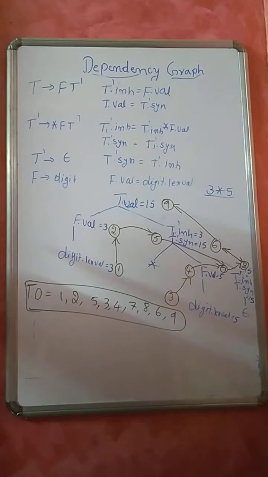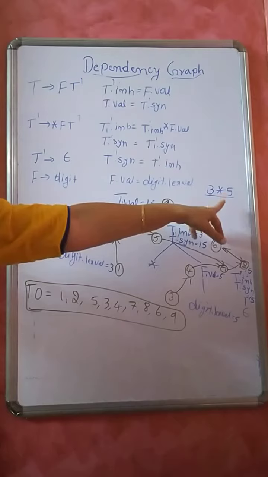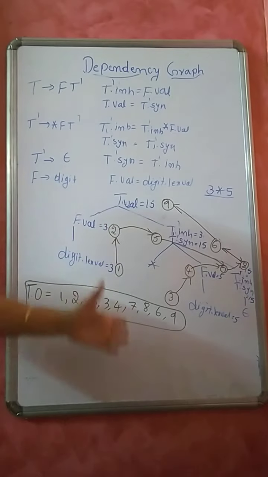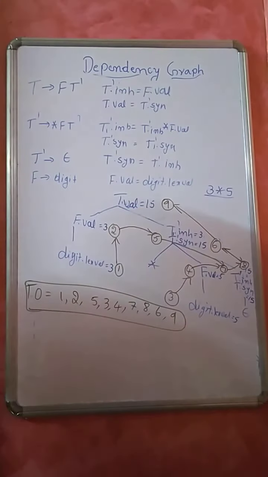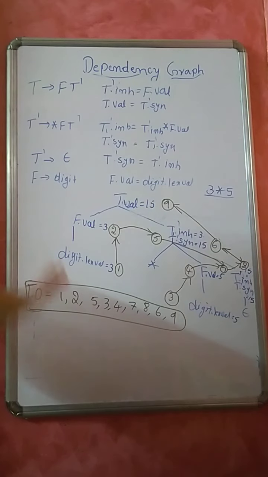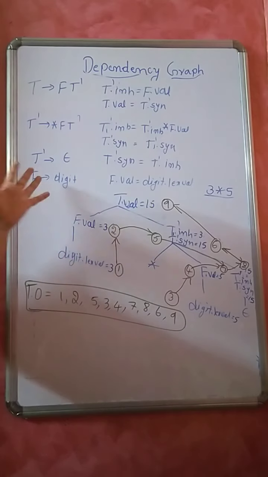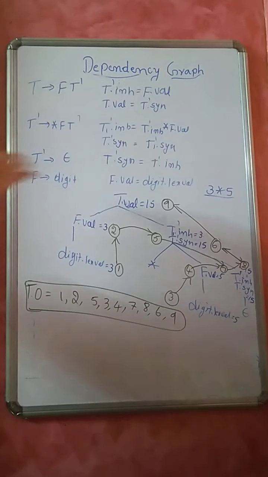So this is how you will construct the dependency graph. Okay, there are so many examples in the notes. You go through those examples. So here I have taken only a small expression like 3 star 5. If it is 3 star 5 star 4 like that, then your dependency graph will be very big. Since there is a space problem, that's why I have taken the smaller example. And whatever the other examples are in the notes, they all depend on this grammar, okay, and the previous grammar I wrote. I may include star, plus along with the star. There may be the plus also included in the previous S attributed.